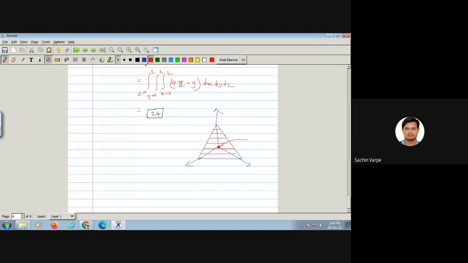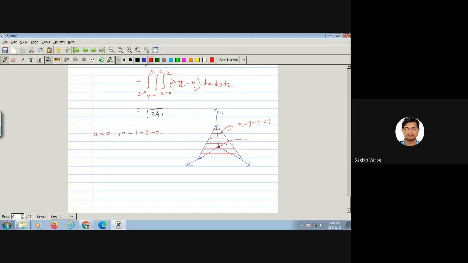So here suppose the equation of this plane is x plus y plus z equal to, say, 1, this front plane. Then suppose I consider x varies from 0 to this front plane. So at the front plane, the x coordinate will be 1 minus y minus z. Is this clear? Because that will be a function of y and z.